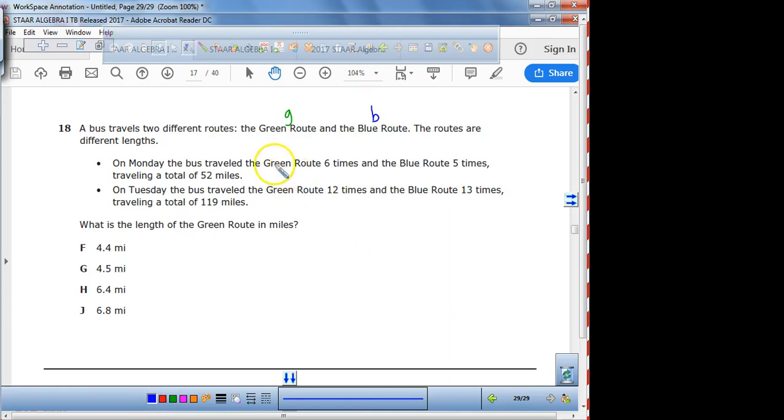All right? So it says, on Monday, the bus traveled the green route 6 times, which means you got 6G. And then it traveled the blue route 5 times. So I'm going to put 5B. And what's the total miles that it traveled? It traveled the total miles of 52. The next one, on Tuesday, the green route happened 12 times, and then the blue route happened 13 times, for a total of how many miles? 119